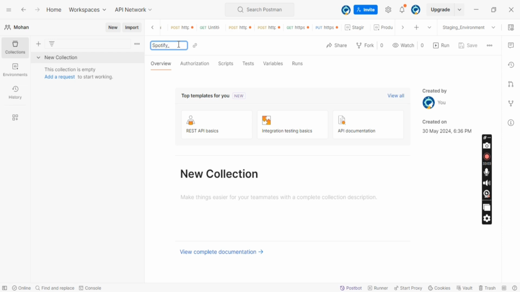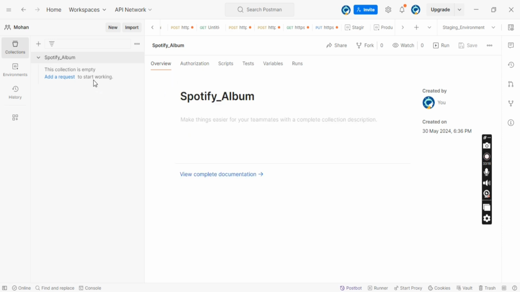And we are testing album module APIs, that's why I will give here a name, album. Okay, album. Now I will name or change. Now you can click on add request, and you can add a new request into this collection,